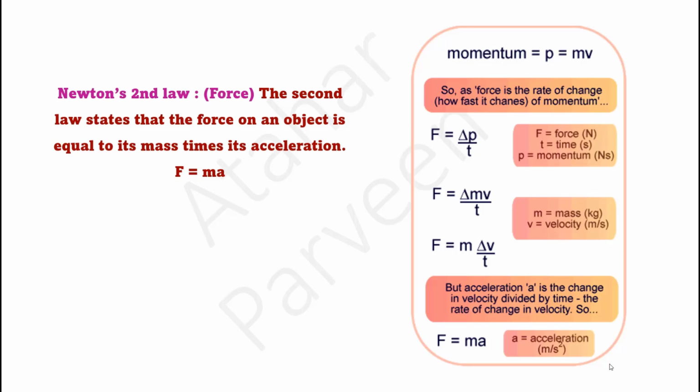But velocity can change. If the body is not having uniform velocity, the body may slow down or speed up. That's why the velocity of the body will change. So I will put delta only till v, not to m. So basically I can conclude that force is equal to mass into delta v by T. But what is delta v by T? Rate of change of velocity is nothing but acceleration, right? So F is equal to m into a. That is how we can play with momentum and force formulae and we can derive both formulas from each other.